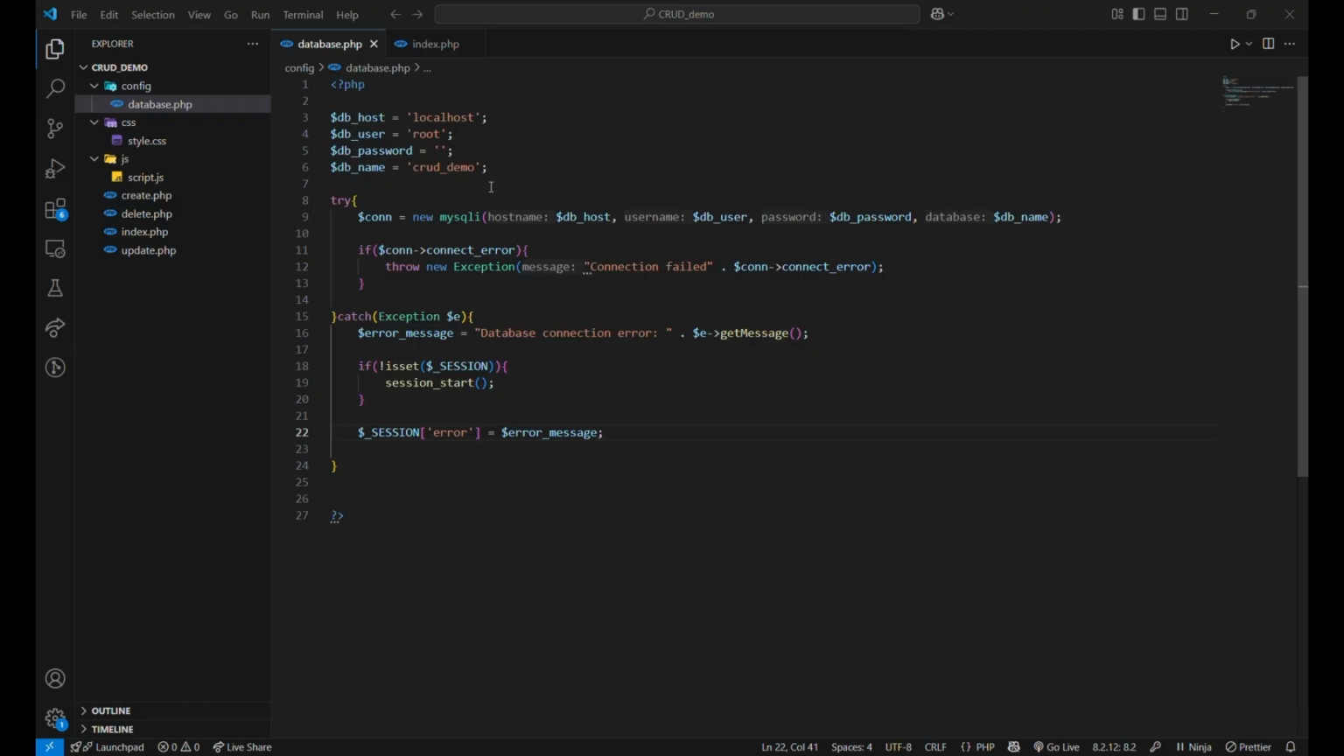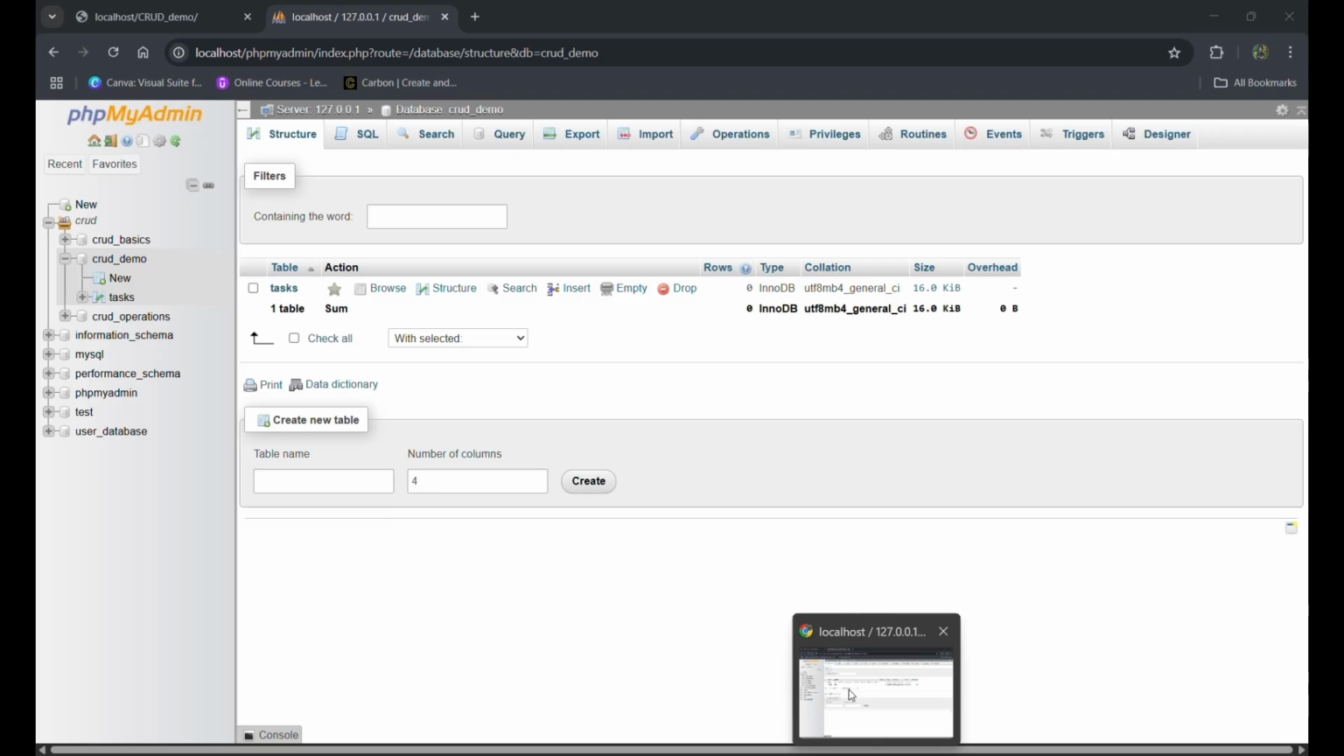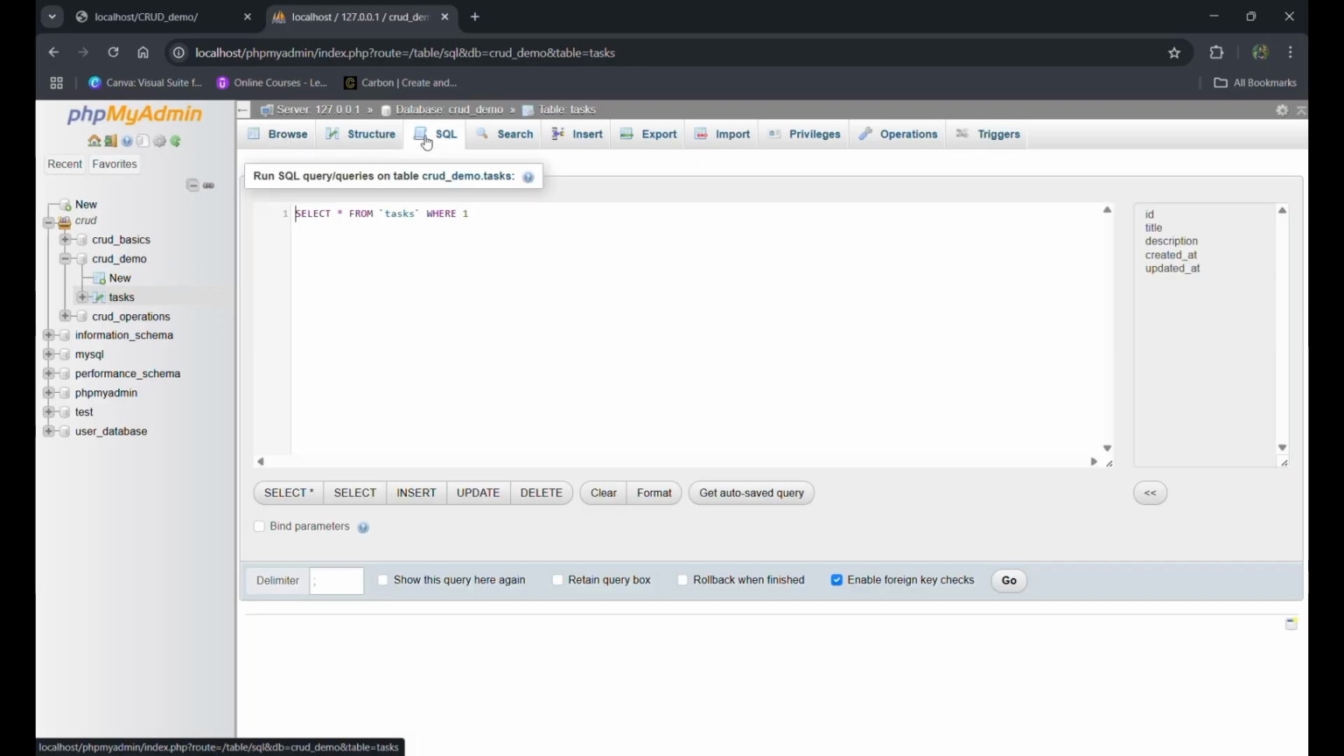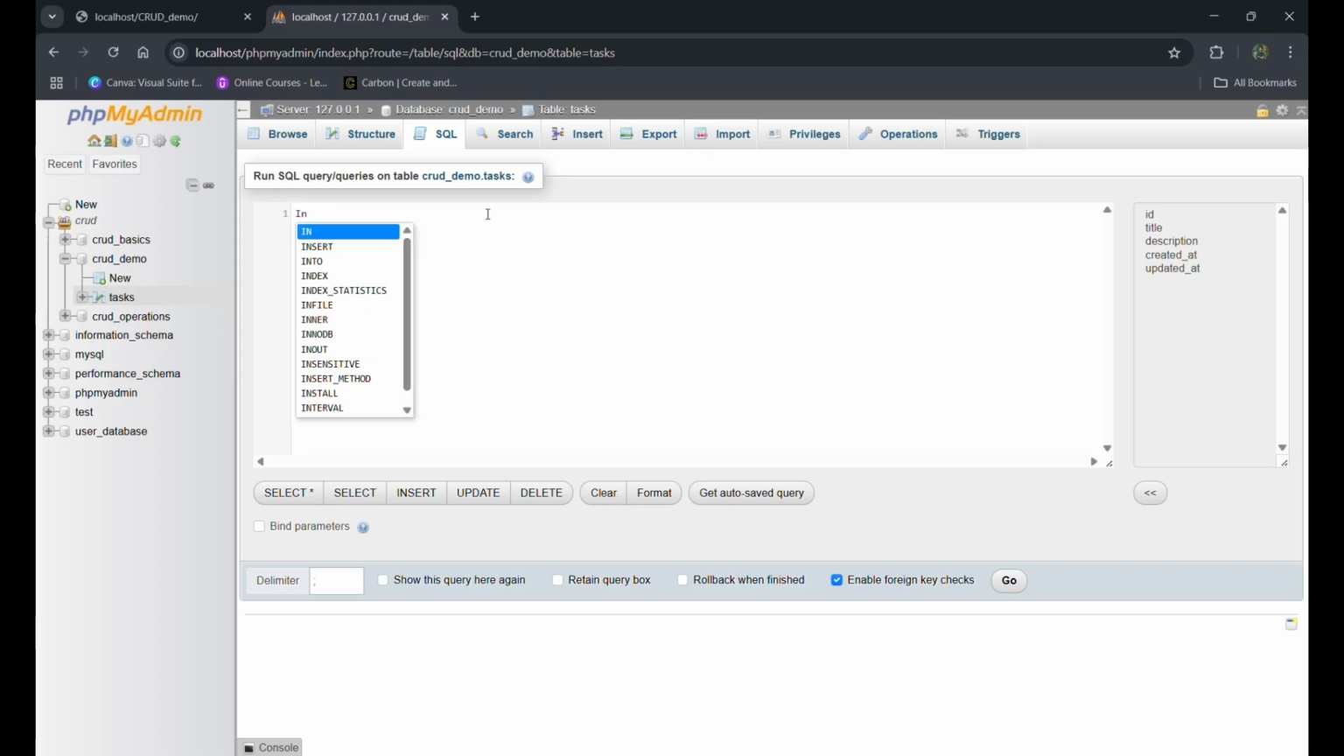So first what we need to do is come to phpMyAdmin and select the tasks table from our CRUD demo database that we created, and click on this SQL option, and you will see a query over here. Now we need to write a query over here. We're going to insert data into this table. So what I'm going to do is insert into task,